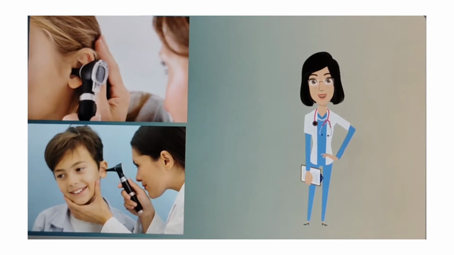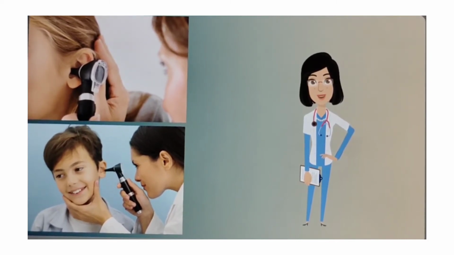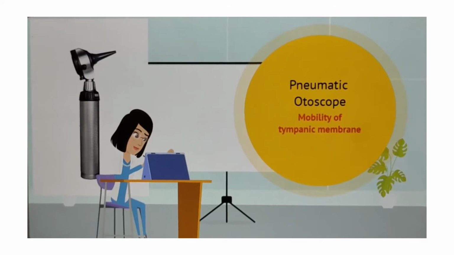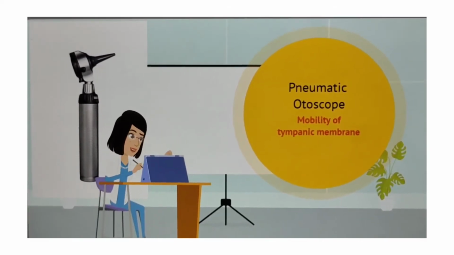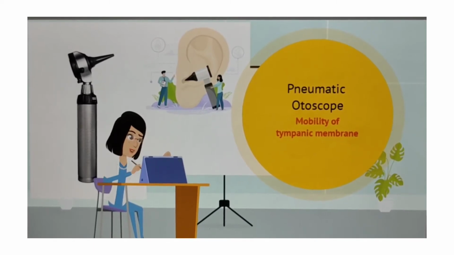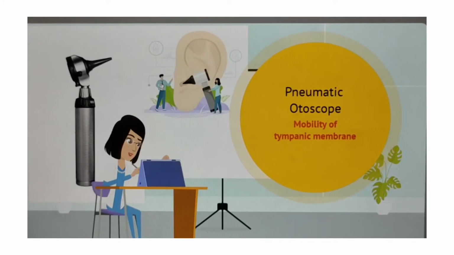A technique preferred by many pediatricians is a way to hold the otoscope. When examining children, hold the child's head with one hand and with that same hand pull on the auricle, with the other hand positioned with the otoscope with the handle pointing downward. A pneumatic otoscope allows you to assess the mobility of the tympanic membrane as you increase or decrease the pressure in the external auditory canal by squeezing the rubber bulb.